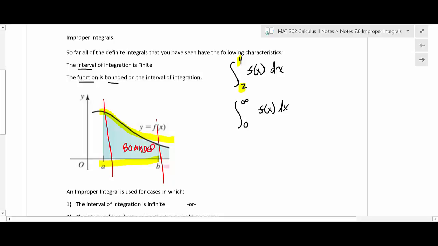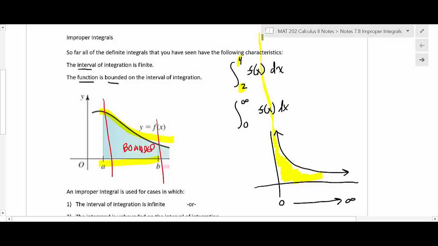Now what's different is, you haven't looked at anything like this yet, but you could, and we will. Let's say you had a function that was approaching an asymptote, like that. And let's say you were going to integrate from 0 to infinity, or even 0 to 10, something like that. This region under this curve would be unbounded, and the reason is because that thing goes forever, doesn't it? Okay, so you haven't looked at that yet, so that's kind of what we look at in an improper integral,